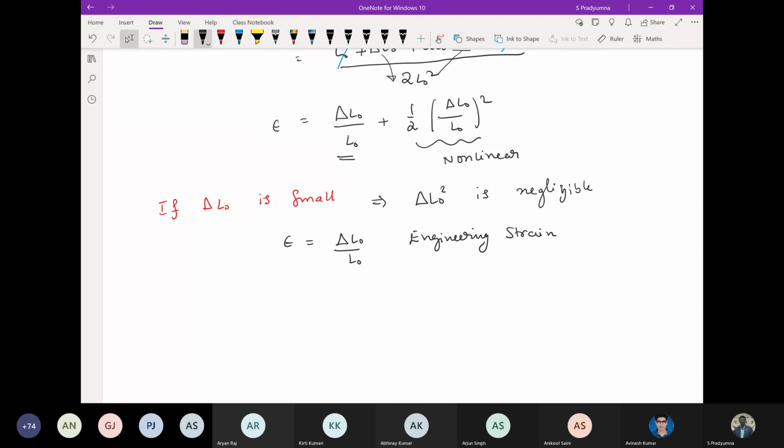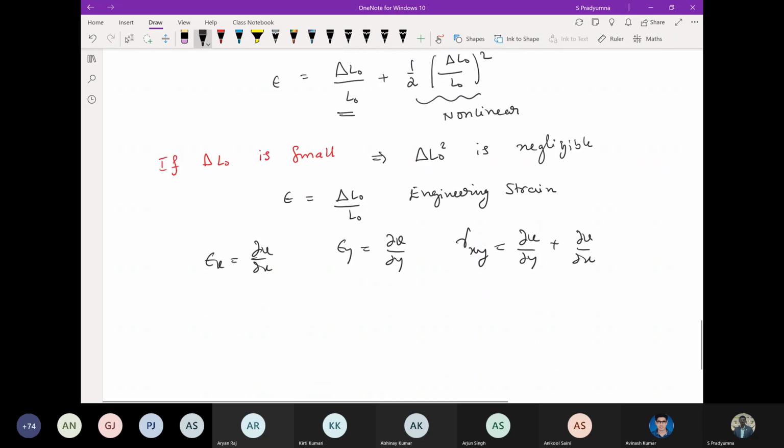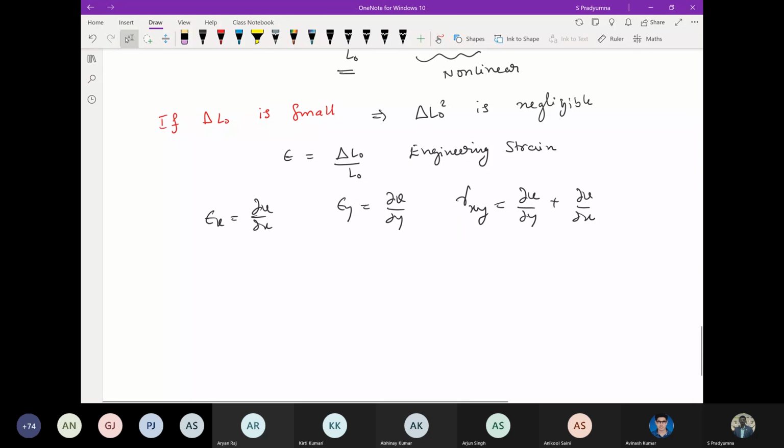So for small displacements, what happens now? Epsilon x is equal to the linear strain, dou u by dou x, epsilon y is equal to dou v by dou y, and gamma xy is equal to dou u by dou y plus dou v by dou x. So these are the strains we are looking at. Now, moving further, we want to write the tensorial representation. So now for tensor representation,